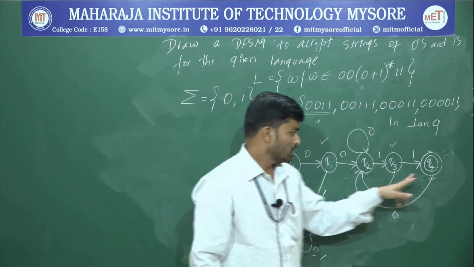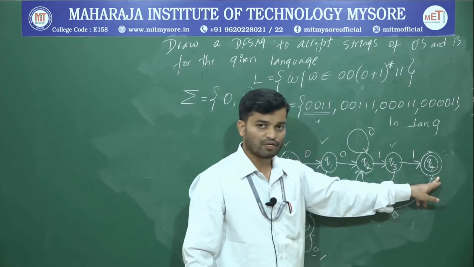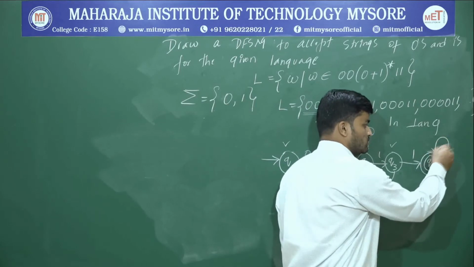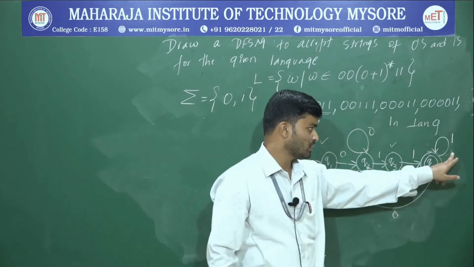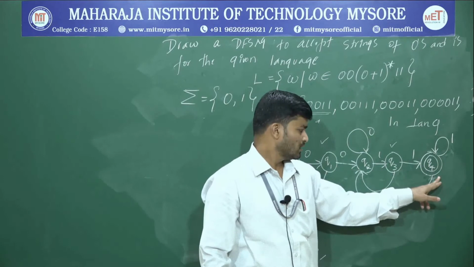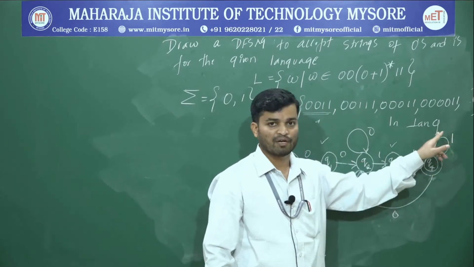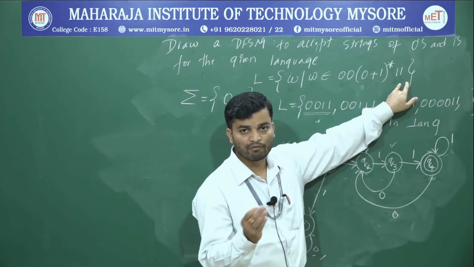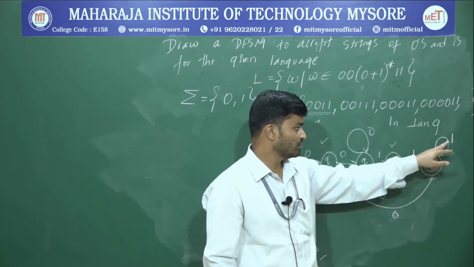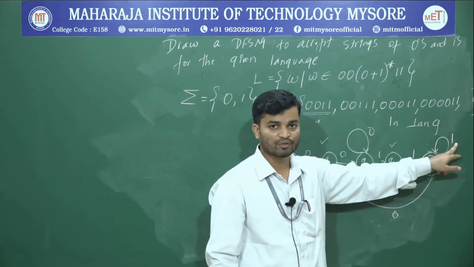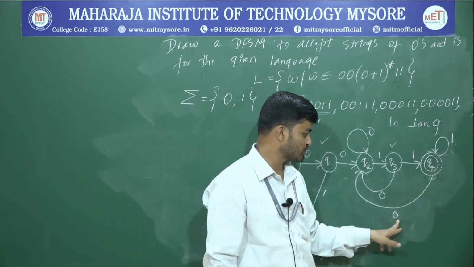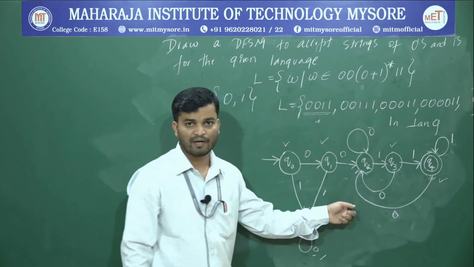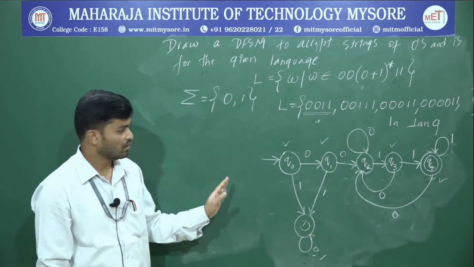valid. Now write a path for 1 for Q4. So what is the first option? Loop upon 1. If I write a loop upon 1 for Q4, what will happen? 1 1, then I can have n number of 1s. So that will end with 1 1. At the end, I will have 1 1. Therefore, writing a loop for Q4 upon 1 is a valid option. Now if you observe Q4, there is a path for 0 as well as 1. Now this one is your required DFA.